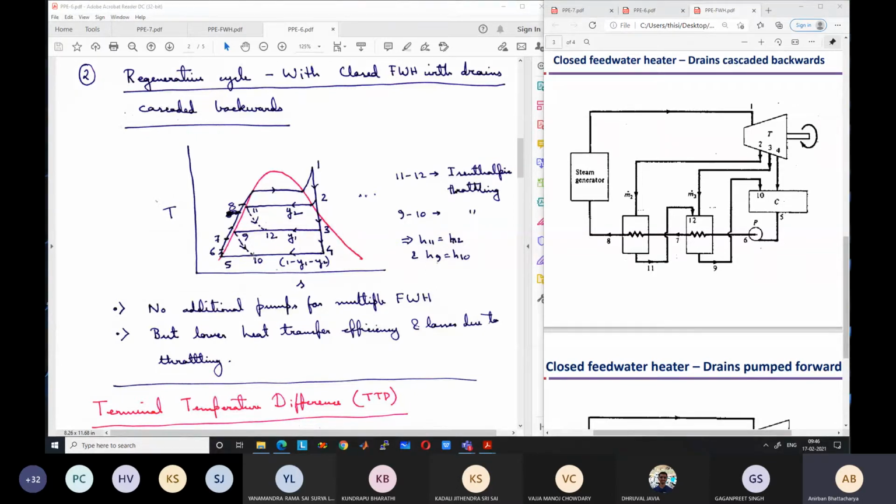The energy that is there at state 10 is also excess as compared to 5. What is the use of that energy? It will be lost to the surrounding. It is lost to the condenser fluid, meaning the water which you are taking from the surrounding or the cooling tower for condensing. So it is not taking part in any increase in temperature. That energy is lost to the condenser water.